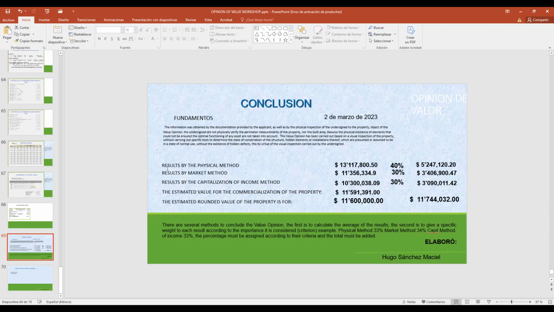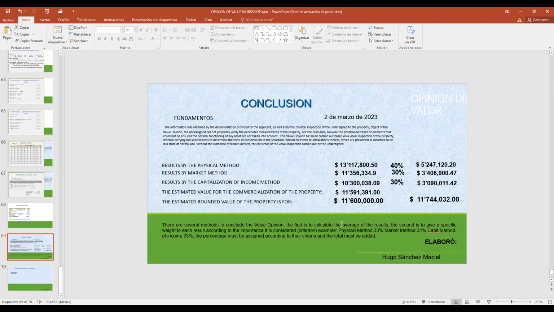So our result from our physical method is 30 million. Our result from the market method was 11 million. The result by capitalization is 10 million. You can do a lot of approximations to give the conclusion. You can estimate a rounded value. There are several methods to conclude the valuation, the valued opinion.